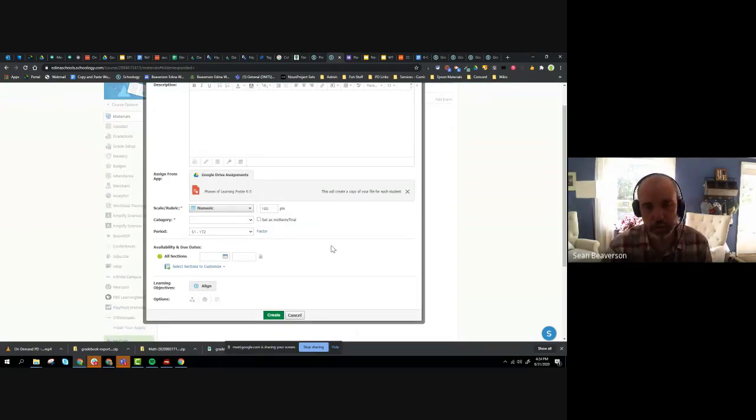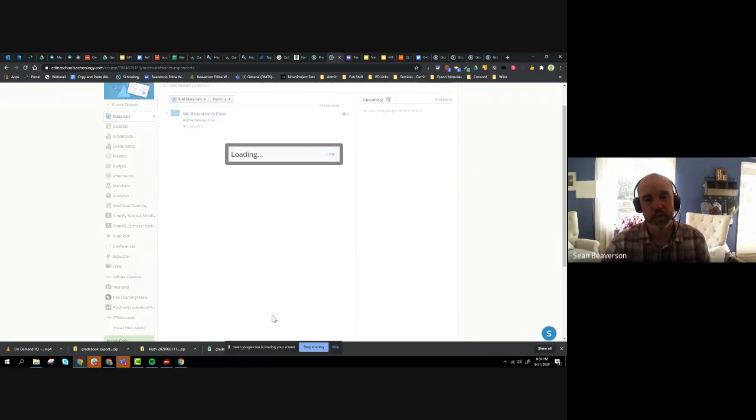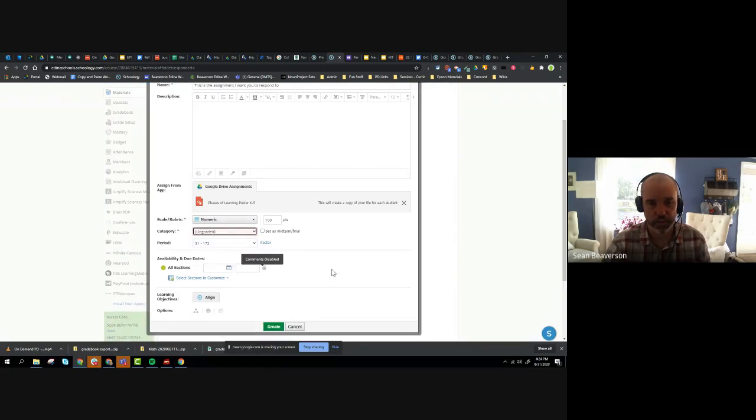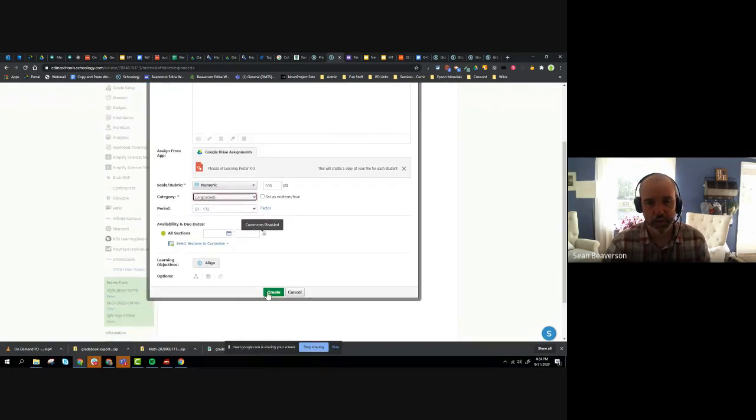The trouble comes in the way that this gets set up in Google Drive, is it's actually a more restrictive setting. And so once I create this assignment, category field, oh, forgot to add a category. I'm going to talk about these categories in just a second. But once I click create,